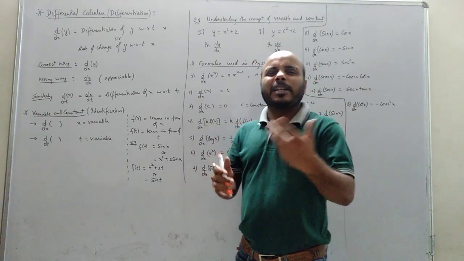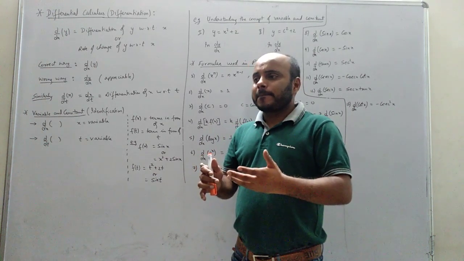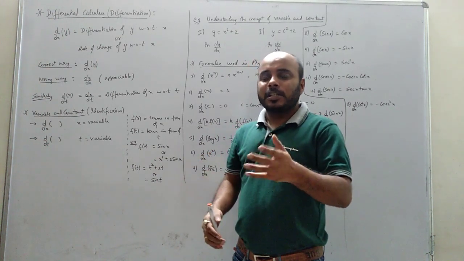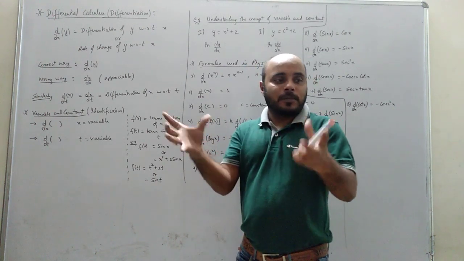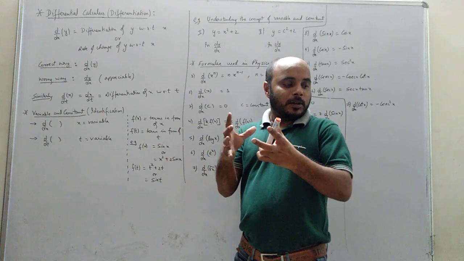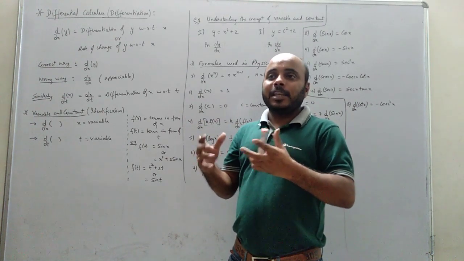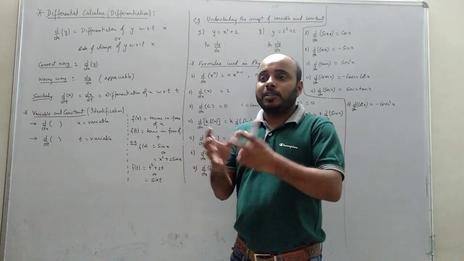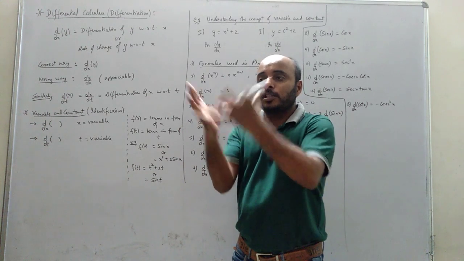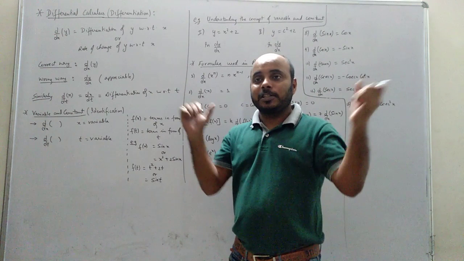Okay, the system can be anything. For example, if you go to biology, that system is the dividing of cells, cells multiplying. Okay, in biology, in physics, any system which is continuously changing. For example, a balloon whose radius is increasing. It is not constant, its radius is increasing.